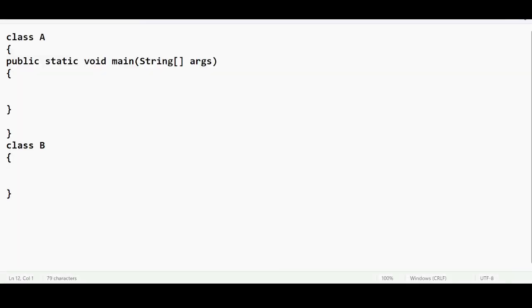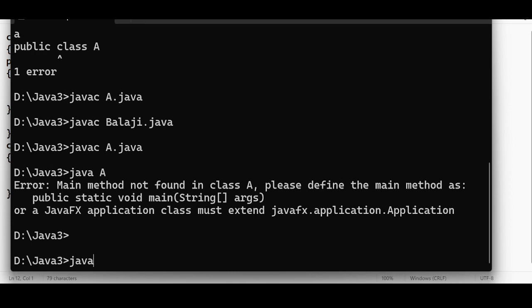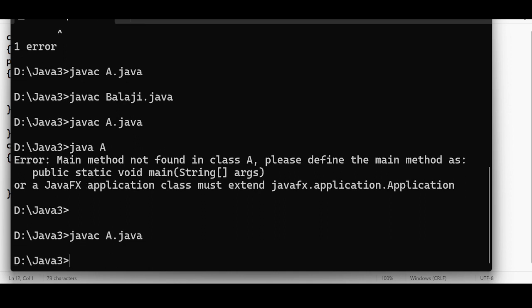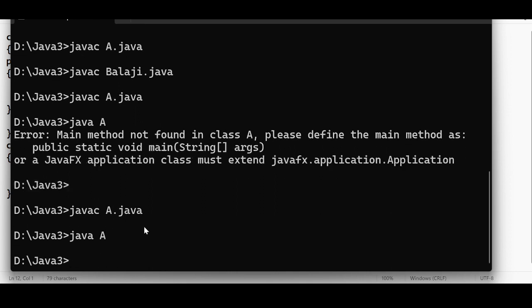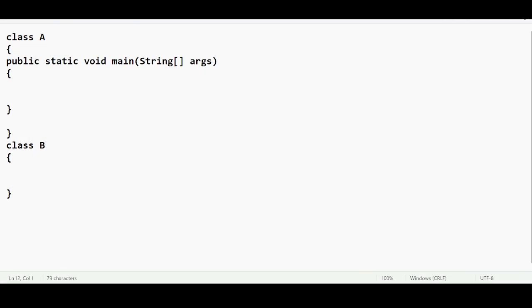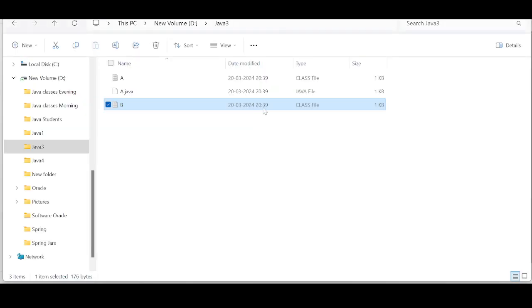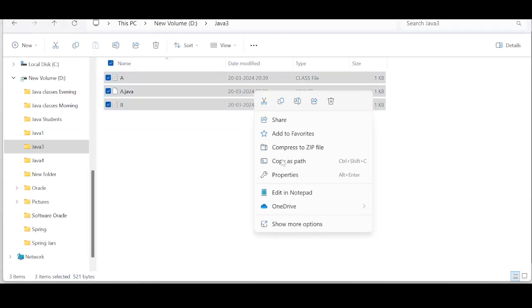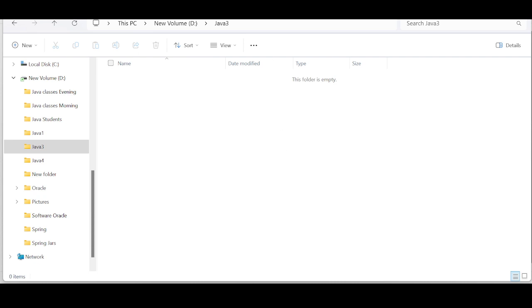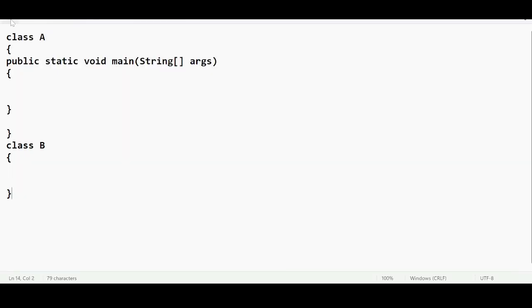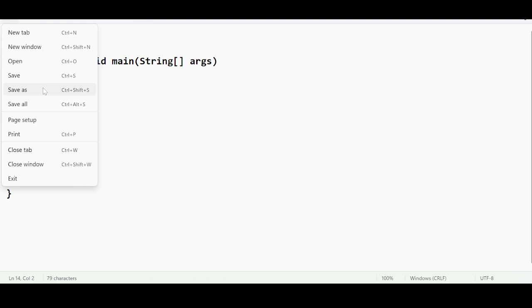Let me save and javac A.java, right? Okay, java space A. No errors means execution is successful. Now the actual question is, let me remove all this. Now focus, guys. This is very important content. I'm saving this file as